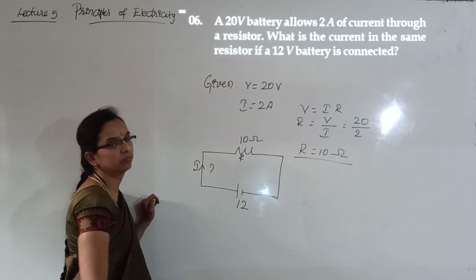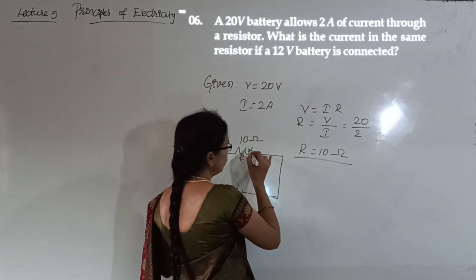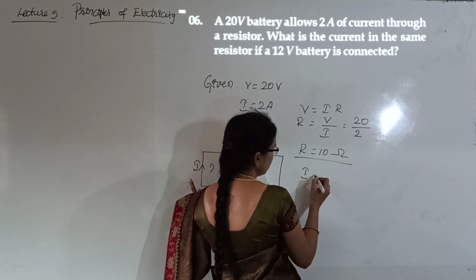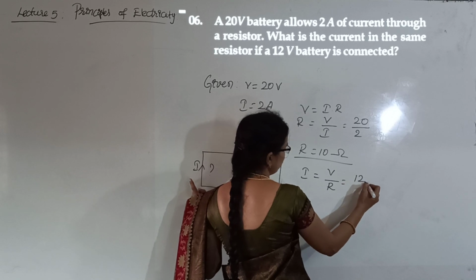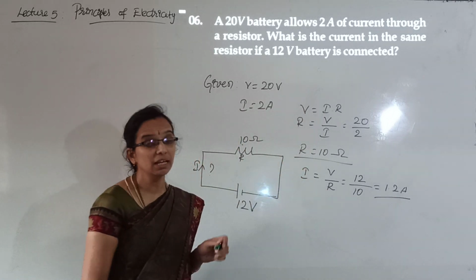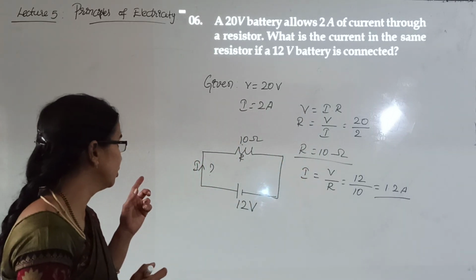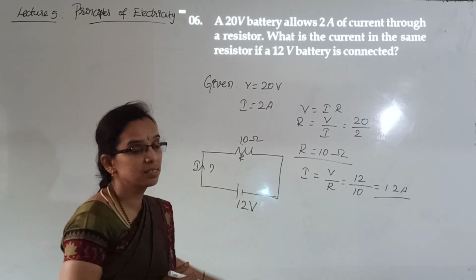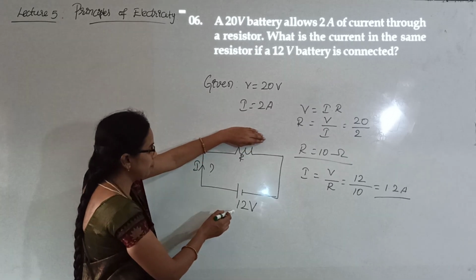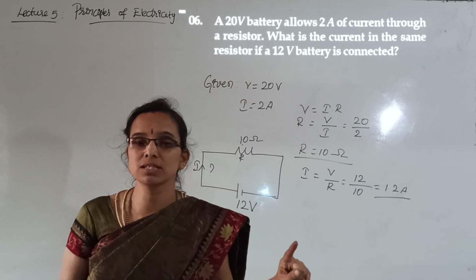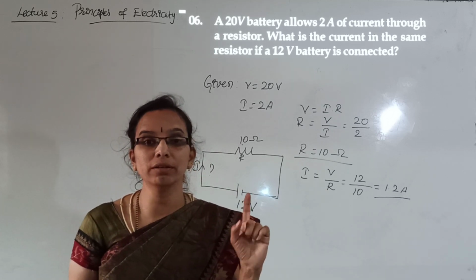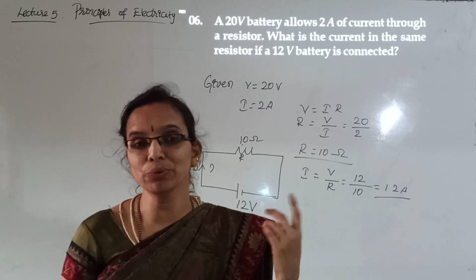Okay. Their question is, for the same 10 ohm resistor, if 12 volt is applied, what will be the current flow? We know the value of resistance and voltage, so we should calculate current. For that, I is equal to V by R. V is 12. For the same 10 ohm resistor, 1.2 amperes of current is flowing when the 20 volt battery is replaced by a 12 volt battery in the circuit. The resistance value was unknown. With the help of voltage and current, we calculated the resistance value, and resistance will remain constant, and then we calculate the current flowing through it when the battery voltage is reduced to 12 volt.